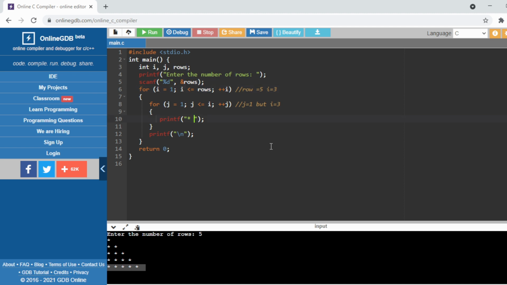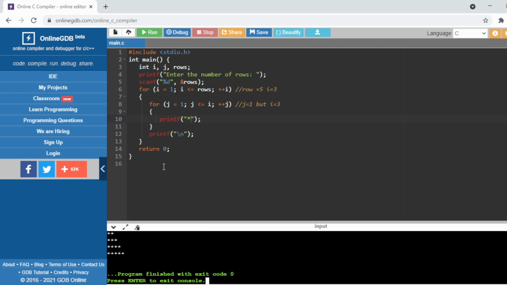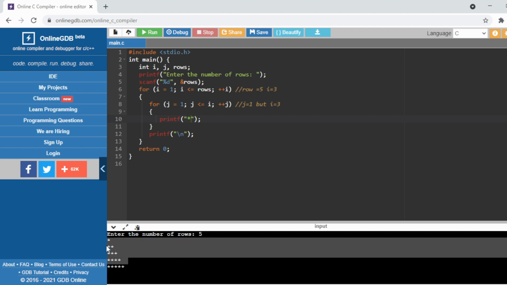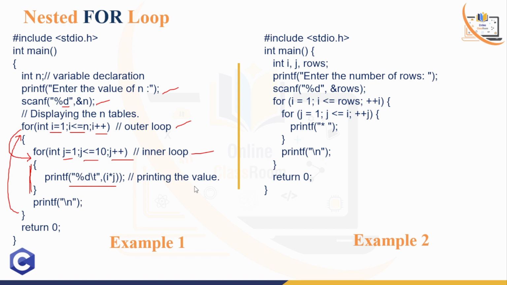Now if we remove the spaces, because this space is only for designing, then for each and every star, if you look carefully, there is one space. If we press the run button without giving space and I enter 5, this kind of pattern will print without space. So space is only for the designing. Like this we can generate any kind of pattern, and we have many examples.